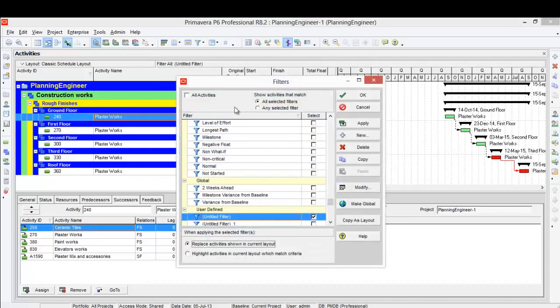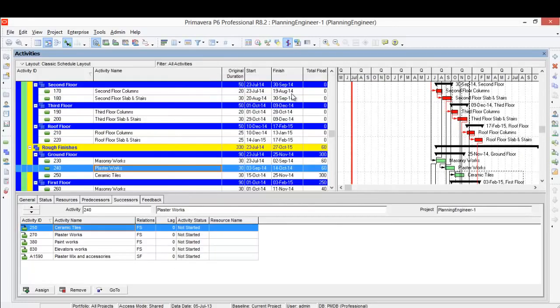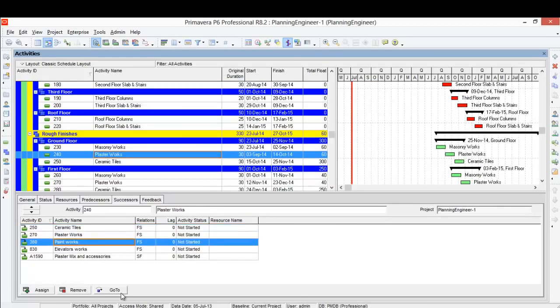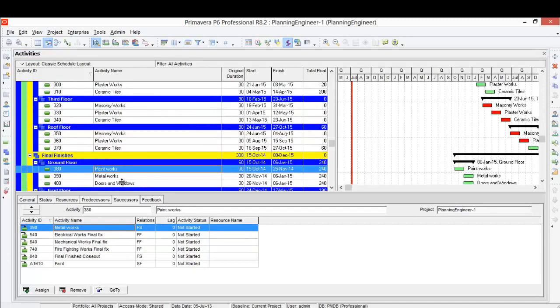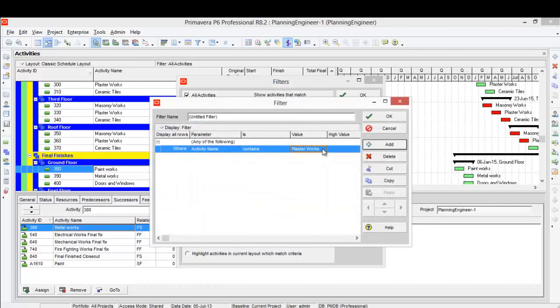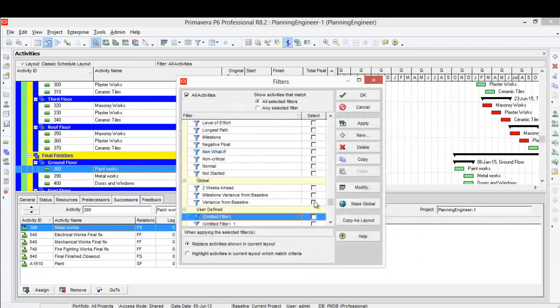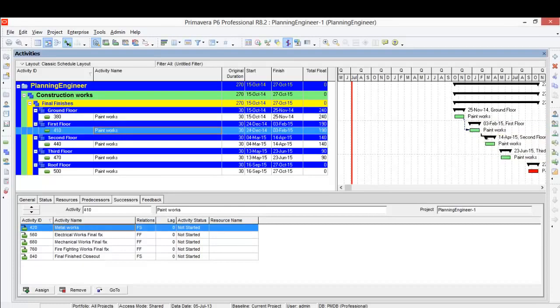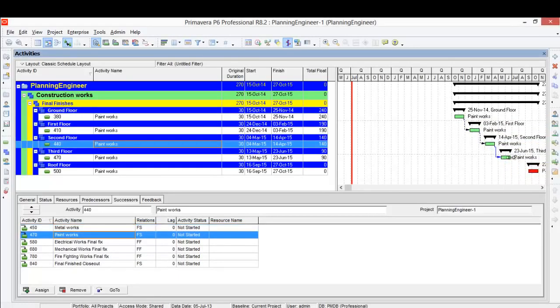Now I will remove my filter. Okay, another way to reduce the total float. This plaster work depends on the painting work. So I'll go to the painting work. Painting work here has a big float. So I'll copy the painting work and I will do the same as what I did in the plaster work, and make it finish to start here, finish to start here, finish to start, and finish to start. And let's run